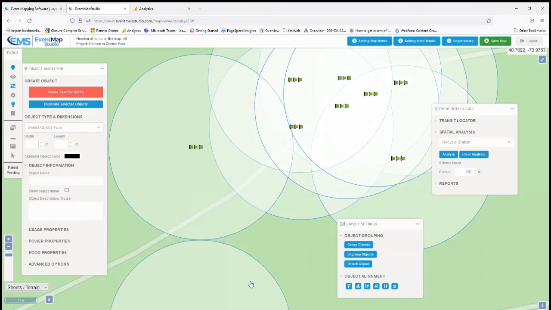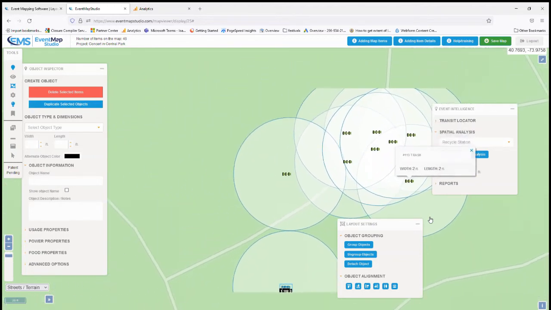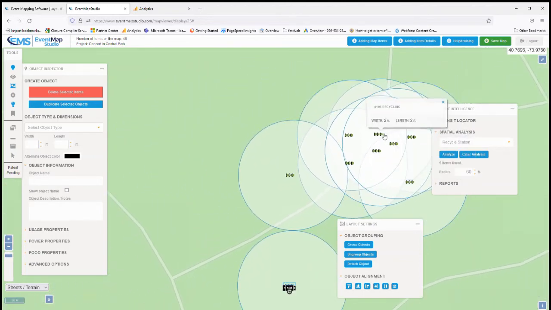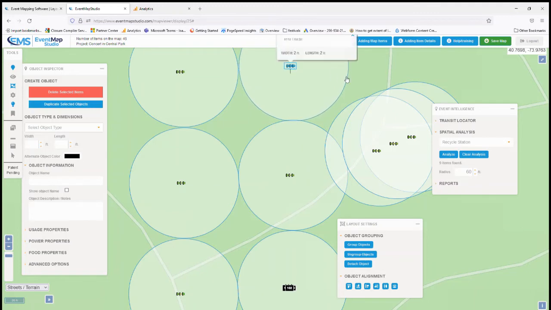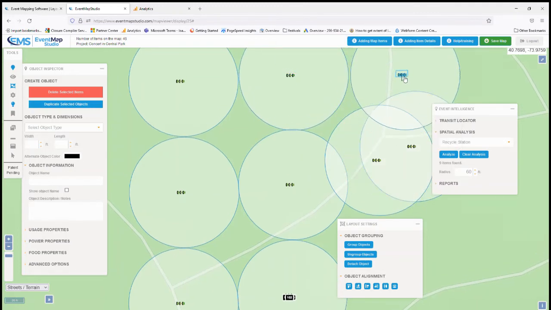And so now that we've drawn these circles for all the 9 recycling bins we have on the map, we are now going to dispose these circles in the way I just described. So we're laying out these 9 circles, and once we're done with that, we are going to group these 9 sets of 3 bins,